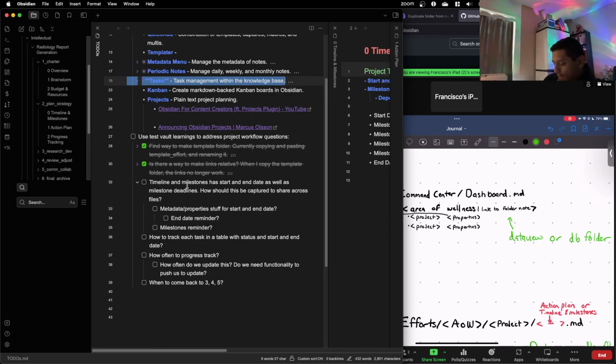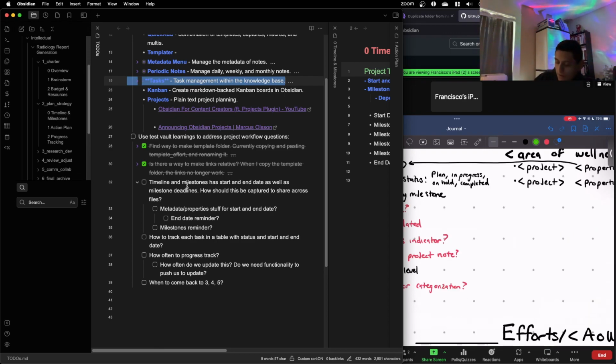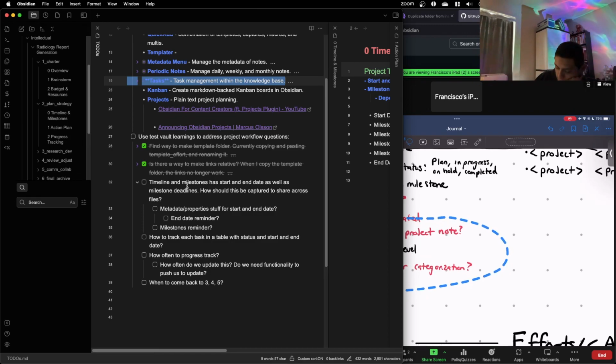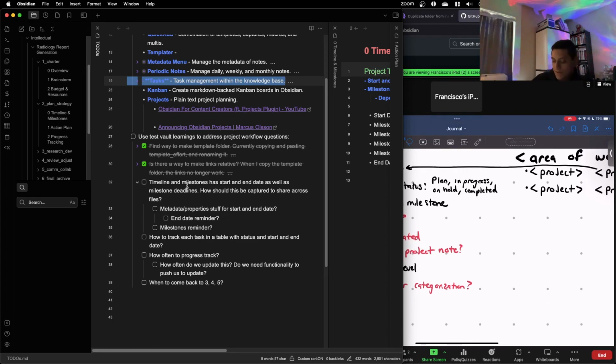The deadline, last updated, maybe. Progress indicator, unsure, that one's probably not as insightful and too hard to set up. Link to project note, that's easy. Priority level, easy. Tags for categorization, easy.